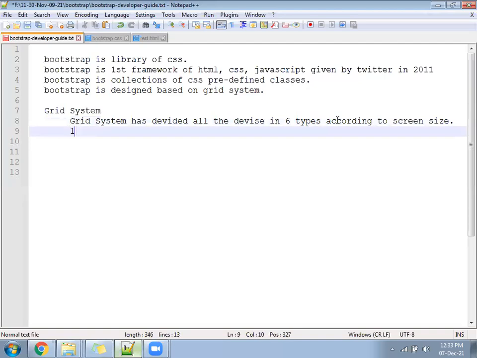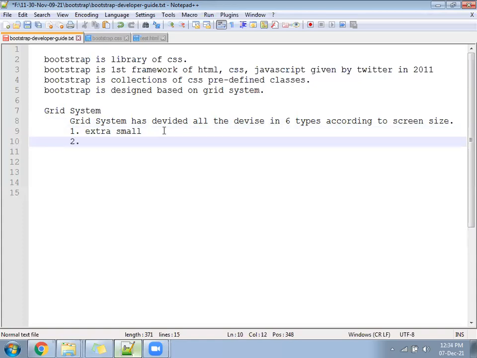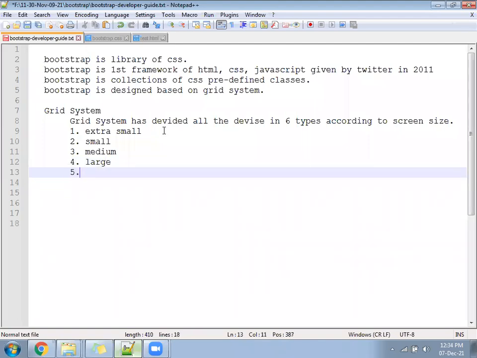Okay, the first one is extra small. Second one is called small. Third one is called medium. Next is called large. Fifth is called extra large.